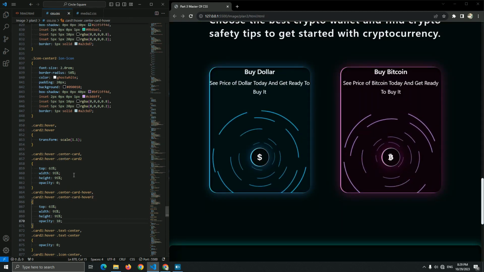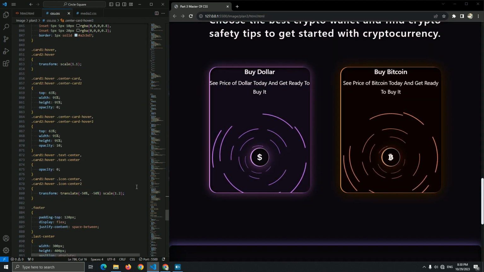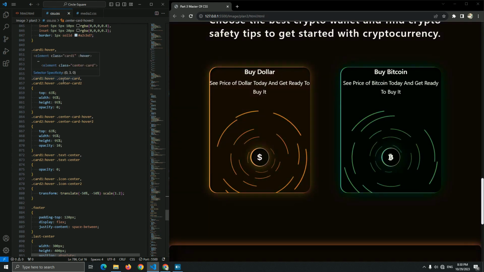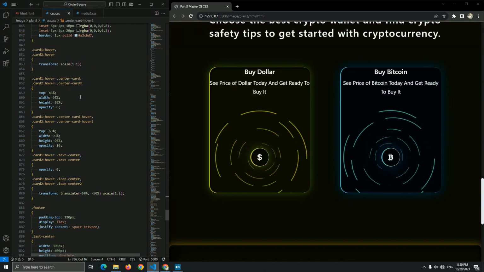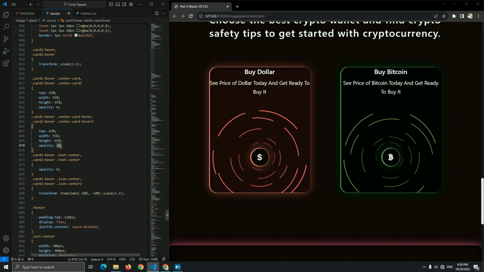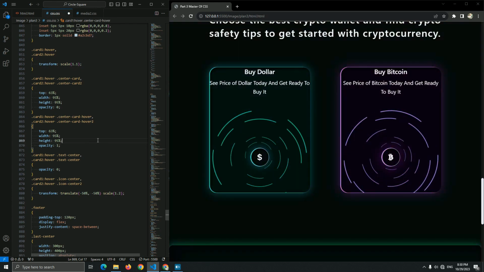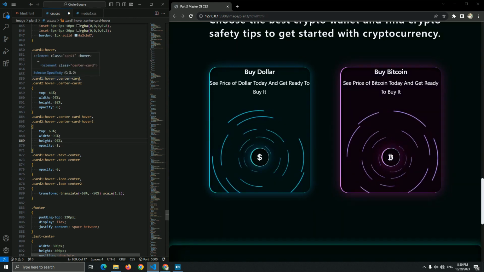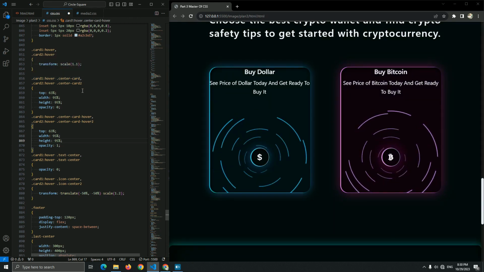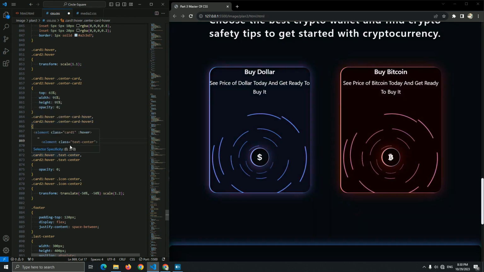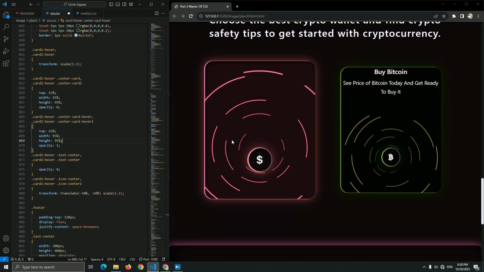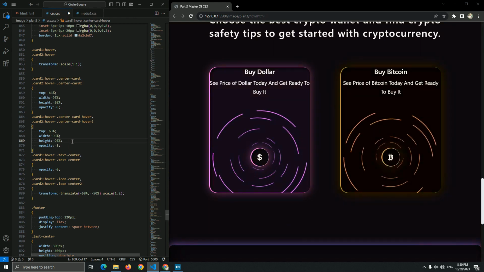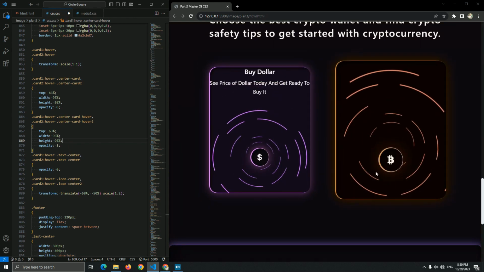And why did I add this opacity instead of animation, guys? I add this opacity 0 instead of animation on this center card and center card 2, and I add opacity 1 in the center card hover. When the user, for example, hovers this center card, it becomes opacity 0 and hidden, and this center card hover is turned on, as you can see right now, and we get this better animation instead of the animation inside the hover. And we fixed this problem.